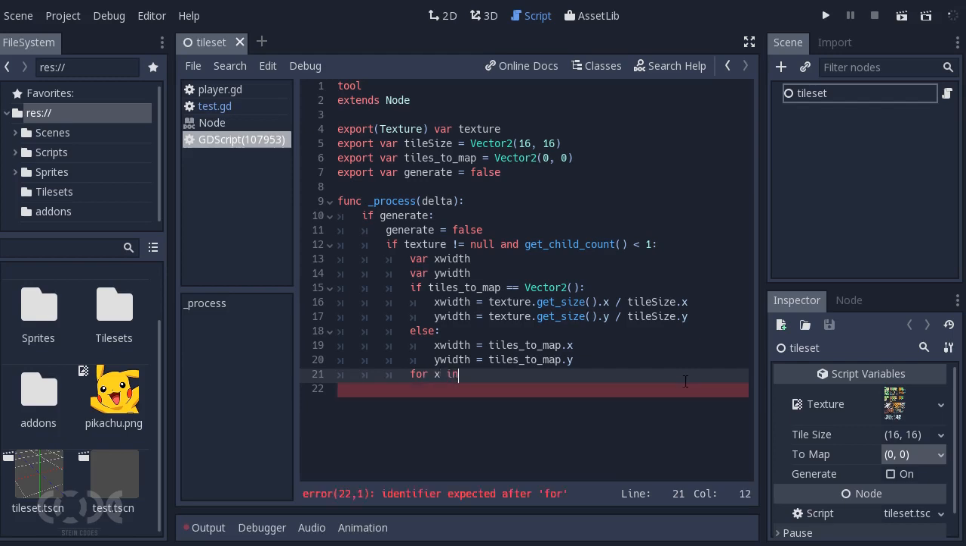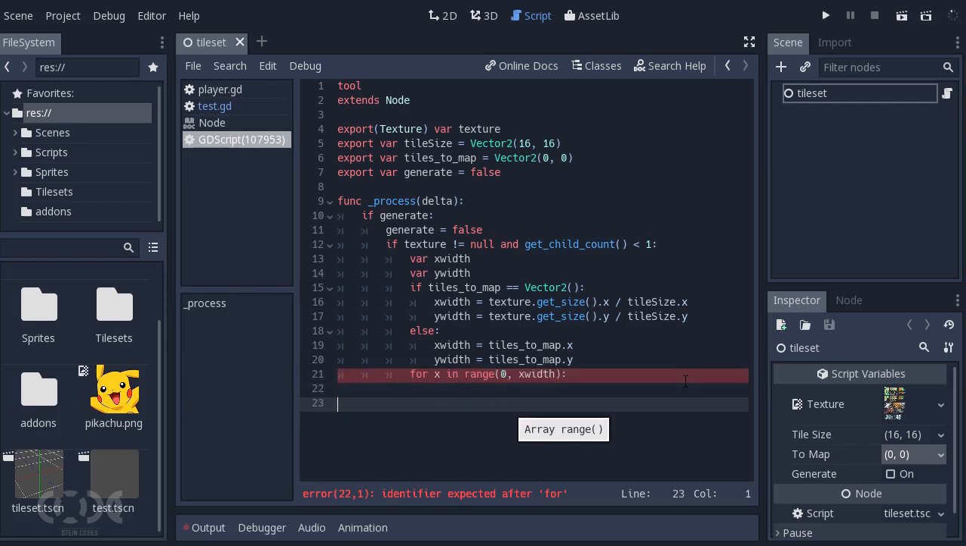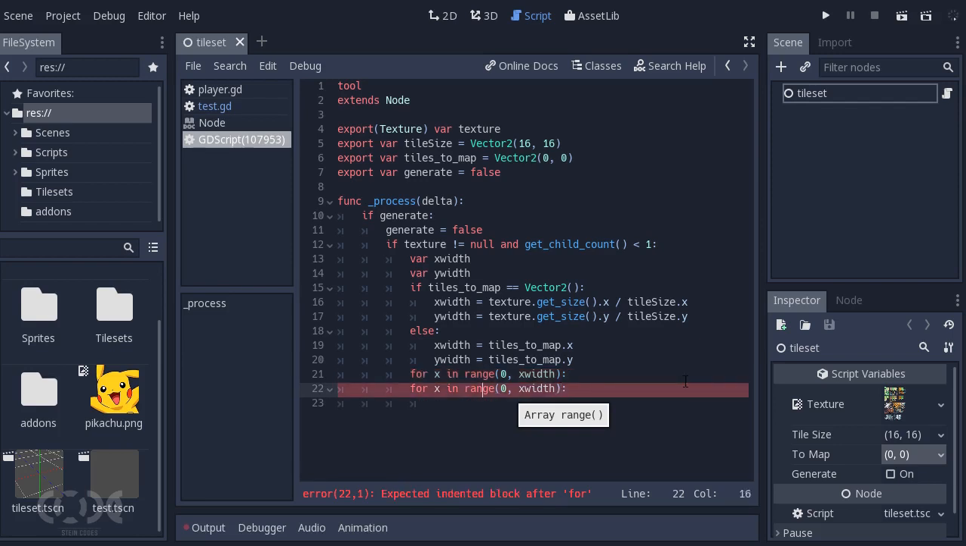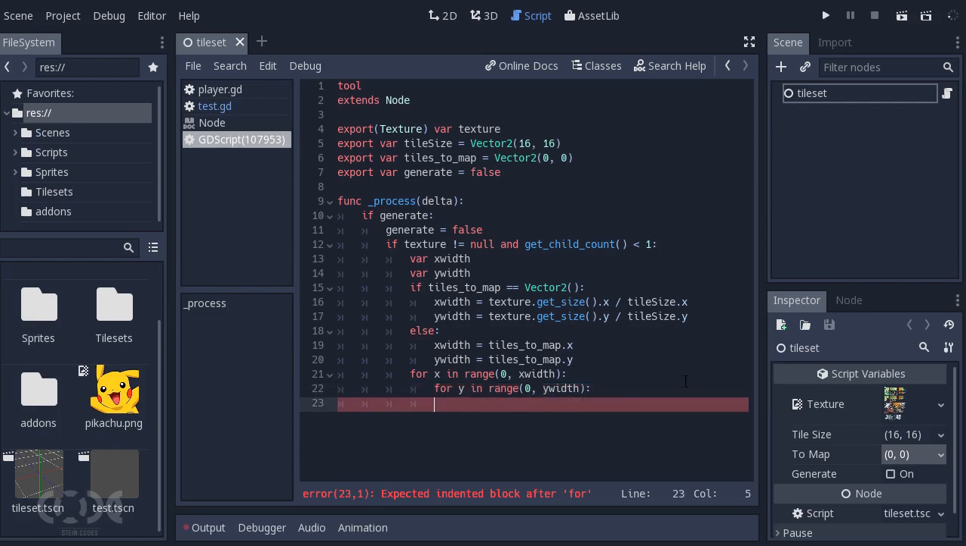So for x in range 0 comma x width, and likewise for y in range 0 comma y width. With both of these done, we can now simply go ahead and say